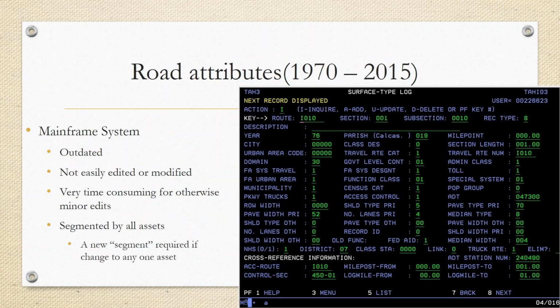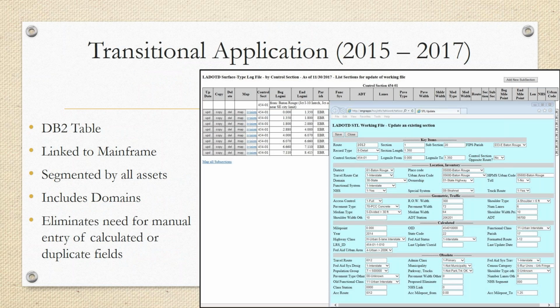I want to give a little bit more background, I guess, on some of our things. So this is just an example of what DOTD calls surface type log, which is our roadway characteristics, or a vast majority of them, and that's been going on in a mainframe system since the 70s. It was actually kind of upgraded in 2015, again, as we were starting the roads and highways implementation. They kind of upgraded, I guess, the interface, if you will, a little bit to a web application, and I think this made it a little bit easier to